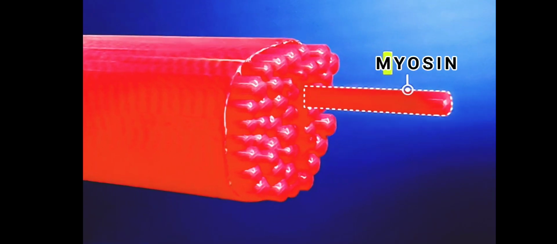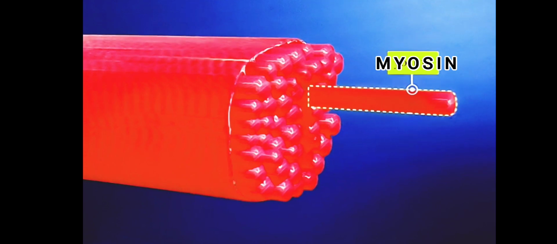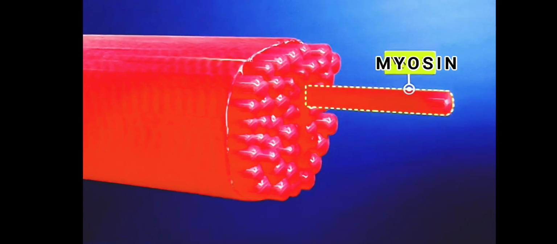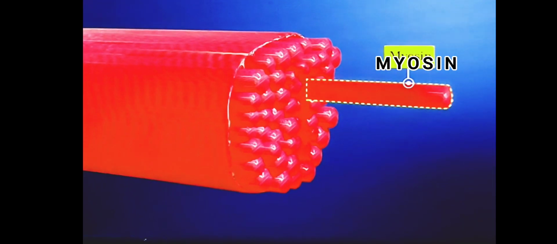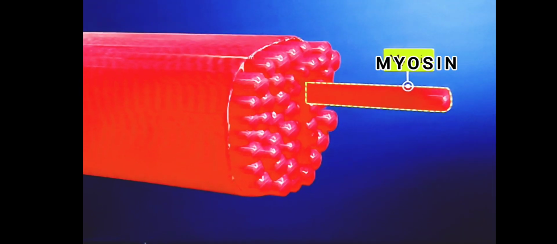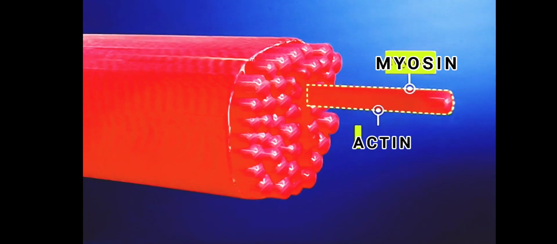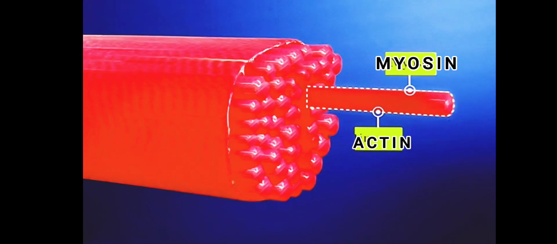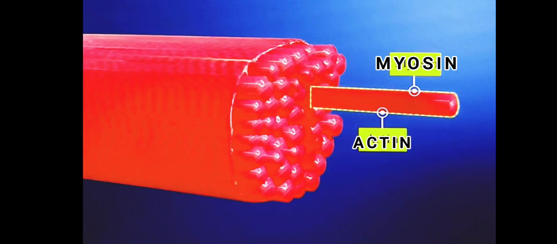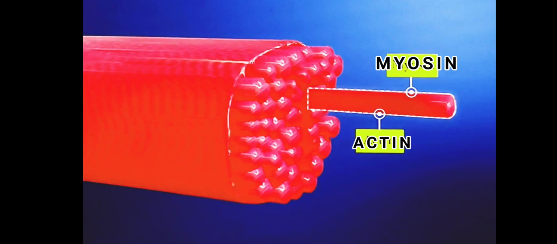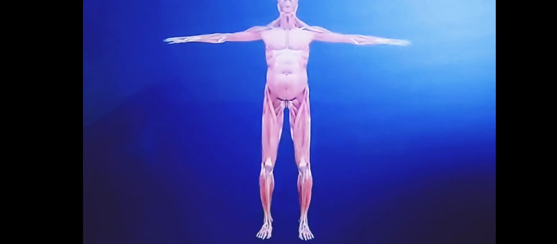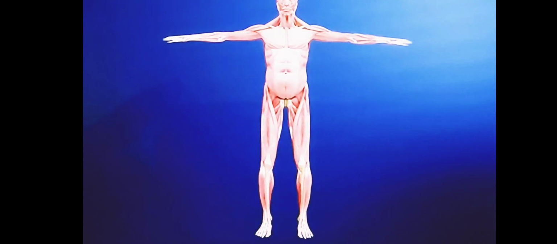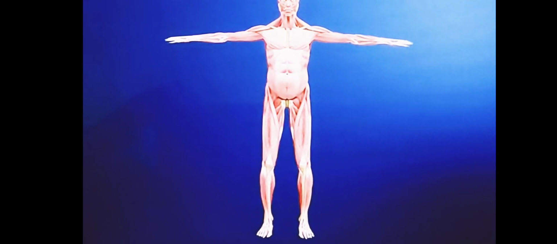Each myofibril is made up of a thick and long myosin filament and a thin and short actin filament. These provide a banded appearance of the muscle cells, so called the striated muscles. These striated muscles have compressed myofibrils where it forms the dark band, and then loosely held myofibrils where it is called the light band.